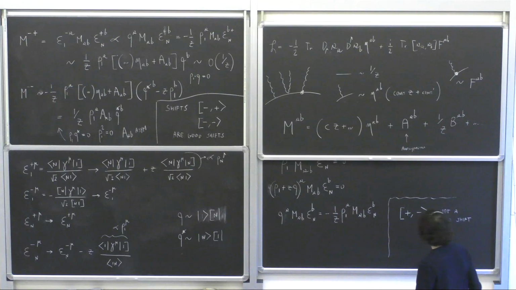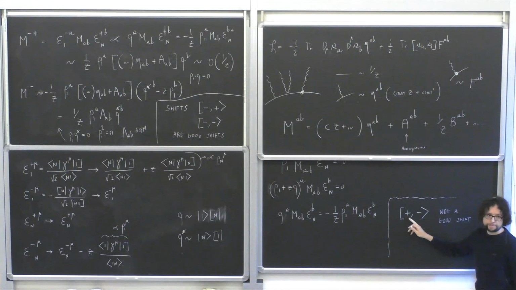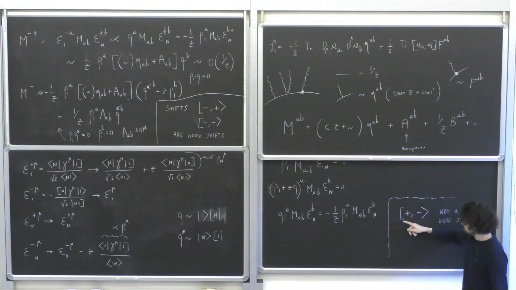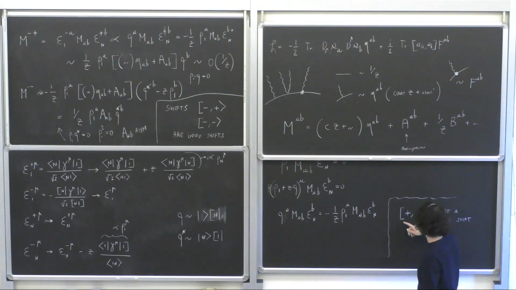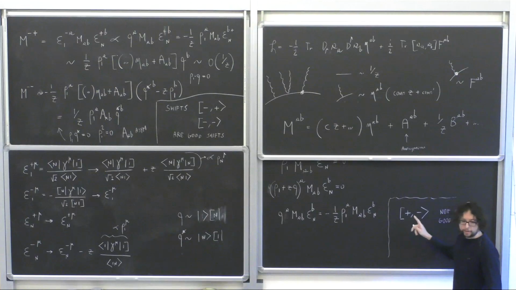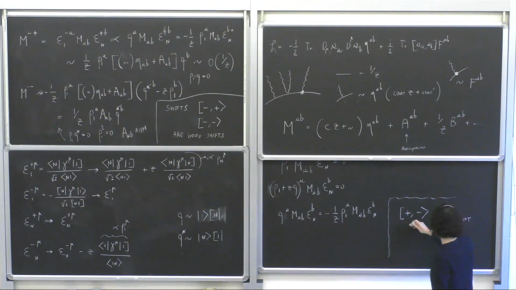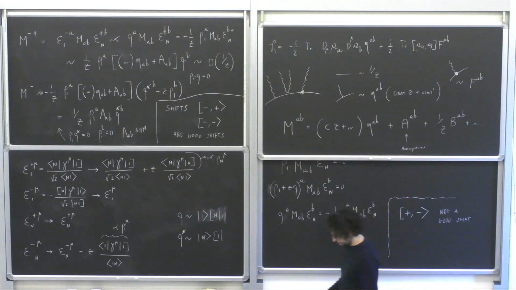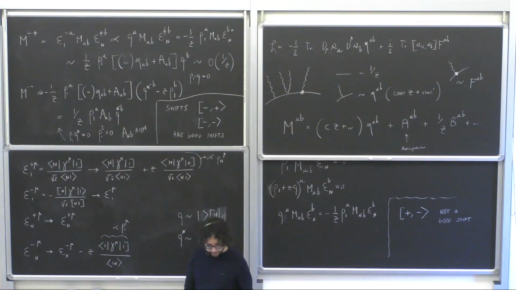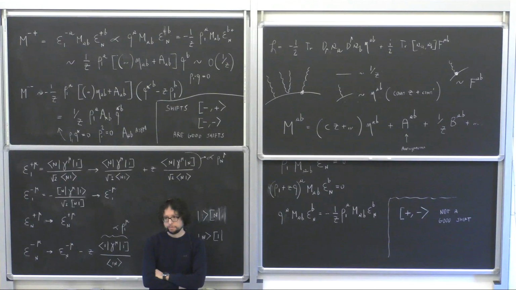And notice here that there is a correlation between the kind of shift, namely leg 1 was shifted here by the square spinor was shifted, and the polarization, right? You have a plus polarization on leg 1. So this is the example of a shift which we should not use. Okay, very good. Questions about this?